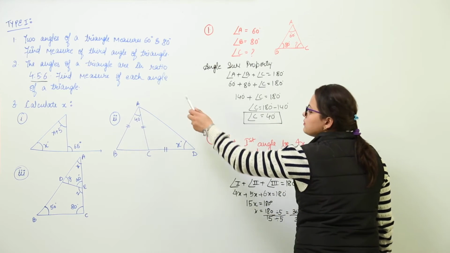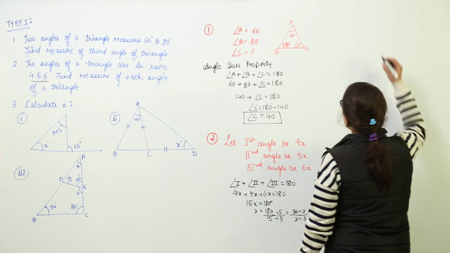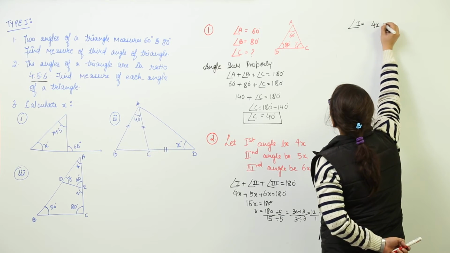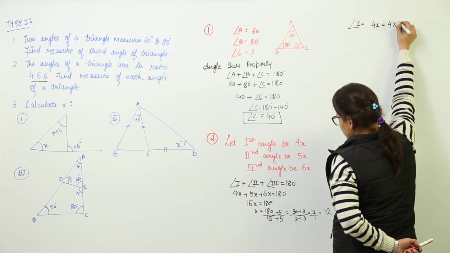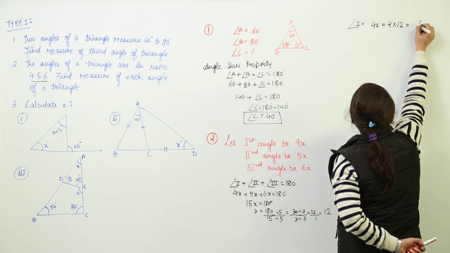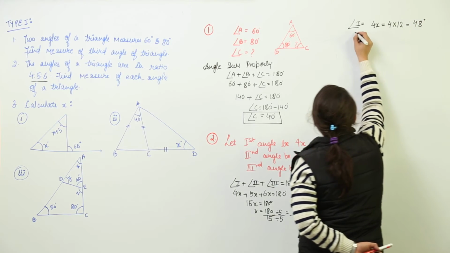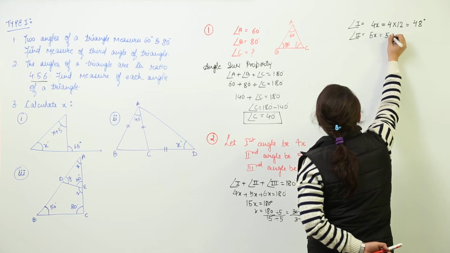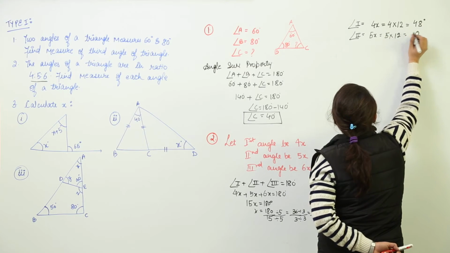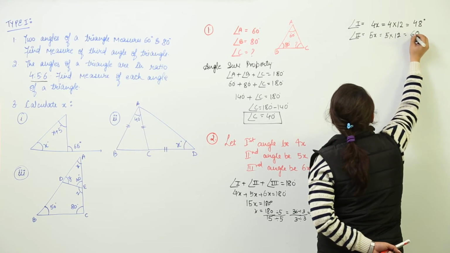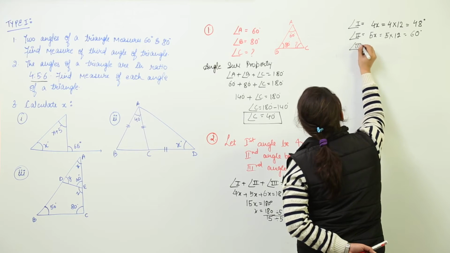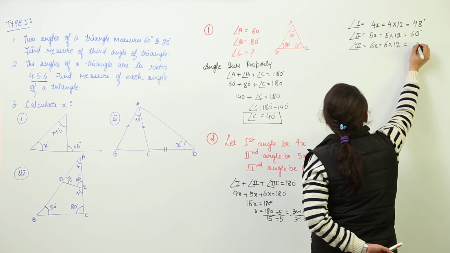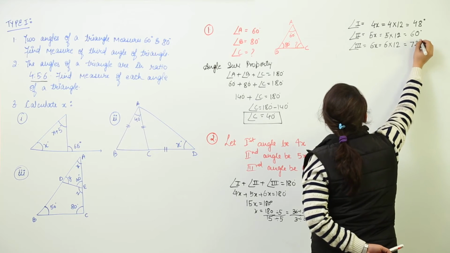We had to find out the measurement of each angle. So we will write over here angle 1, that was assumed to be 4x, will be of measurement 4 into 12, that is 4 2s are 8, 4 1s are 4, 48 degrees. Angle 2, which was assumed to be 5x, will have the measurement of 5 into 12, that is 5 2s are 10, 5 1s are 5, and 1 is 60. And angle 3 is going to be 6x, that is 6 into 12, giving us 6 2s are 12, 6 1s are 6, and 1 is 72.